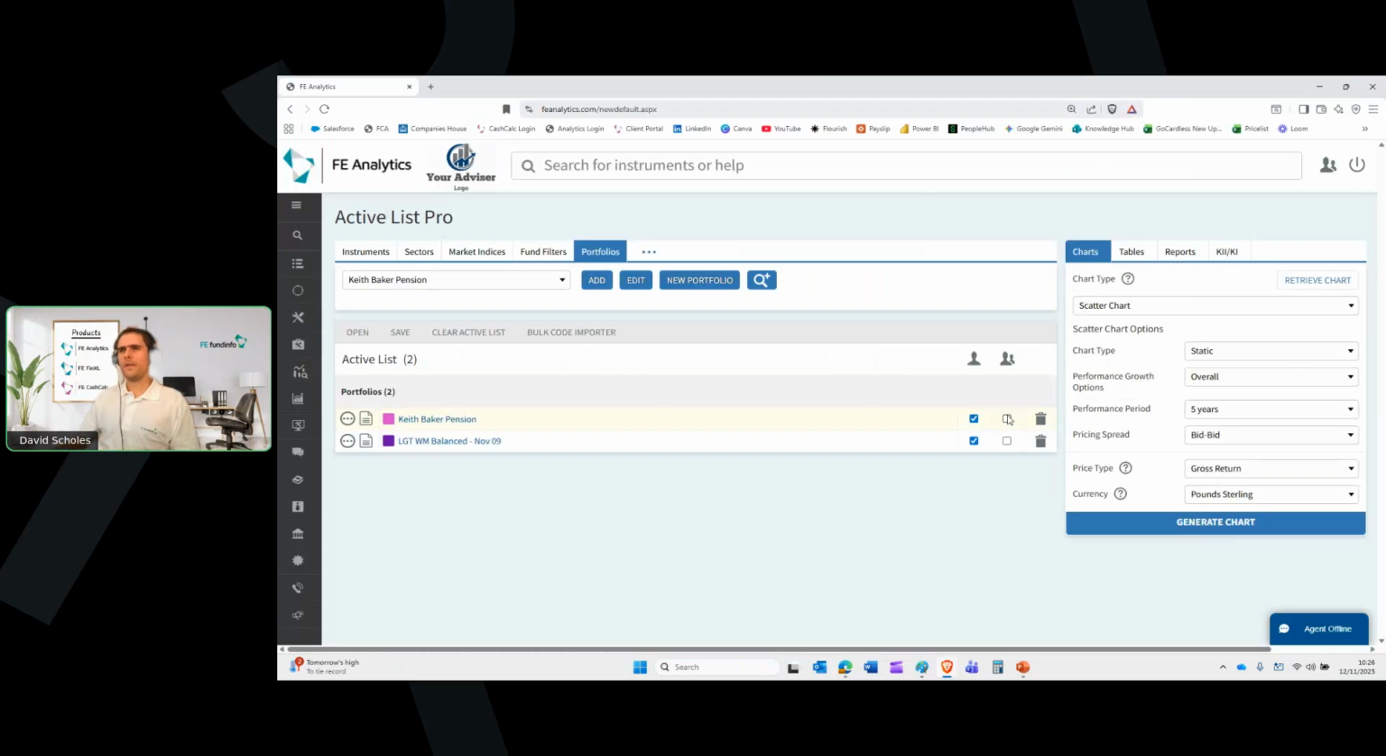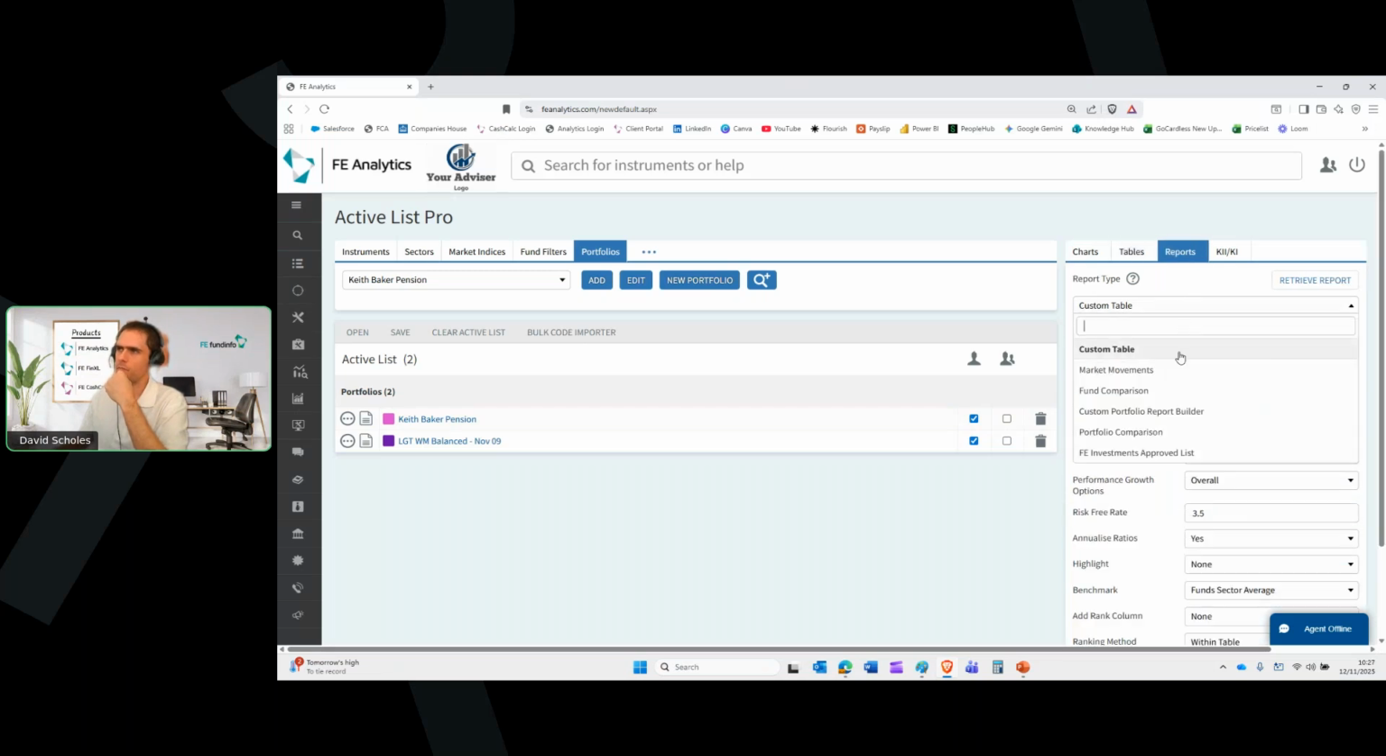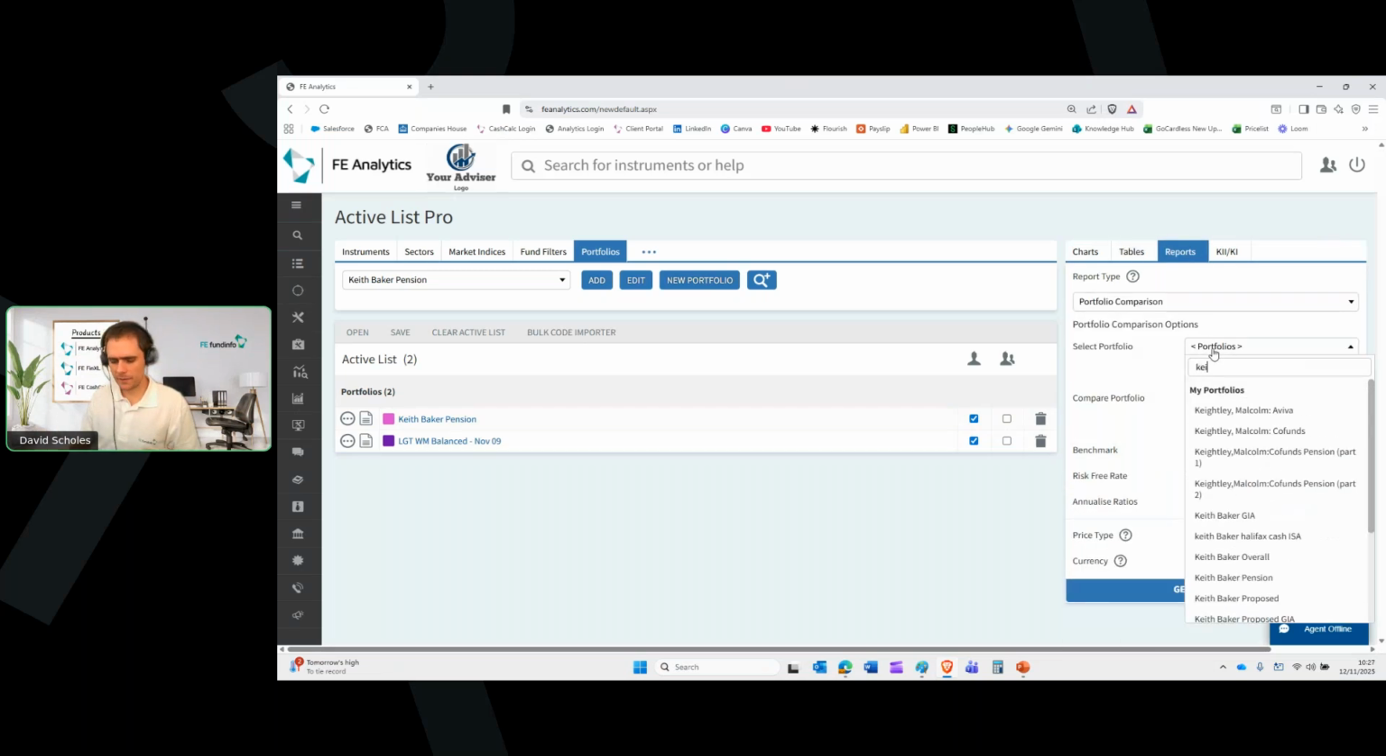So the only other things to point out here would be under the tables tab, I can create my own tables. So again, if I've got any data on the MPS side on the left, I can go and throw that into a performance table, just get the raw data from it. And also under reports, there's a really popular feature called portfolio comparison that allows me to compare those two portfolios